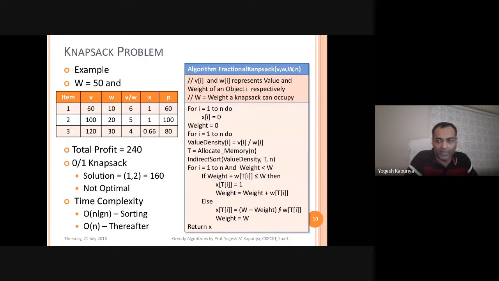So 50 divided by 60, that means you will pick a 5 by 6 fraction of that object. So this will be some fractional value, whatever it may be. And because now your knapsack is full, you will say the current weight of the knapsack is the actual capacity of the knapsack.